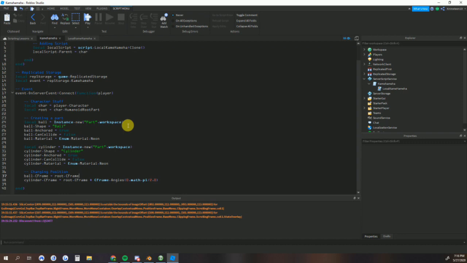Yeah, what we want to do is change this. Wait, no. Wait. I gotta remember. I haven't done this in a while. Lately, all I've been doing is scripting quests and stuff in my game. It's been a while. I think we want to do CFrame.new